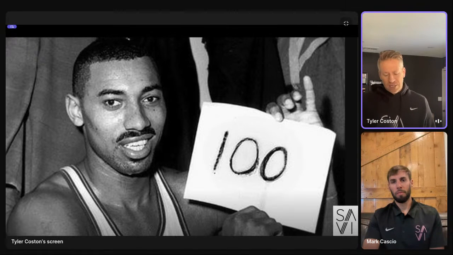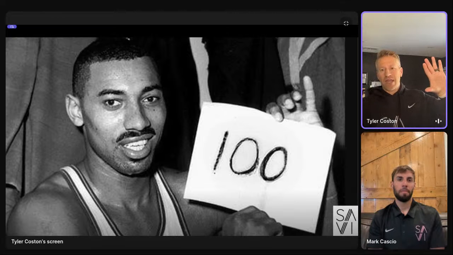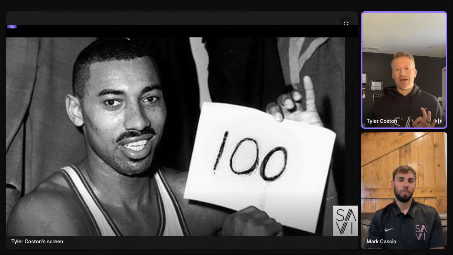And Wilt actually had a coach early in his career who said, if you could learn to make free throws, your team would never lose another game. He was that dominant and changed the rules of the game. Well, Rick Barry was a teammate of Wilt Chamberlain's, and he was very frustrated with Wilt's inability to shoot free throws. And you probably know that Rick Barry was over a 90% free throw shooter and shot free throws underhand. In secret, he taught Wilt Chamberlain how to shoot free throws underhand.